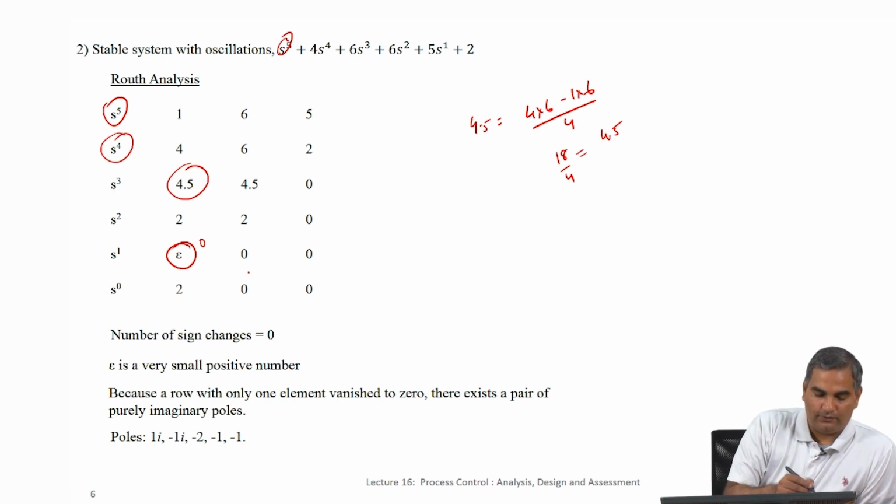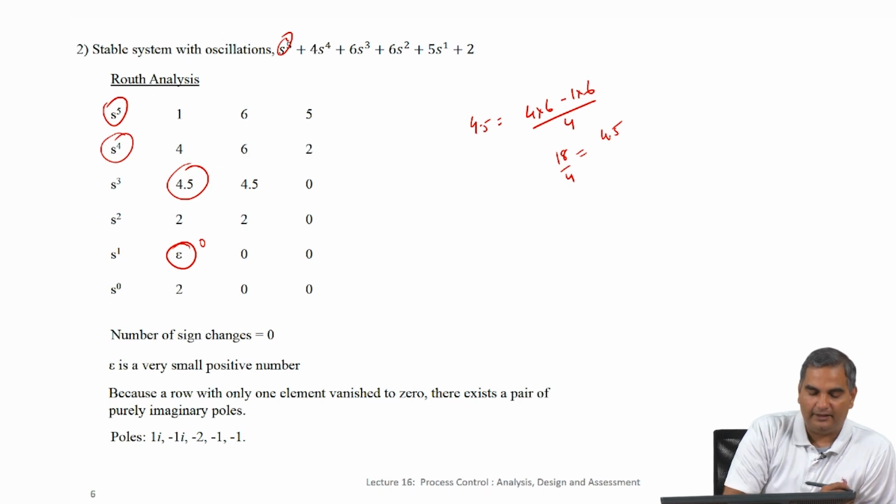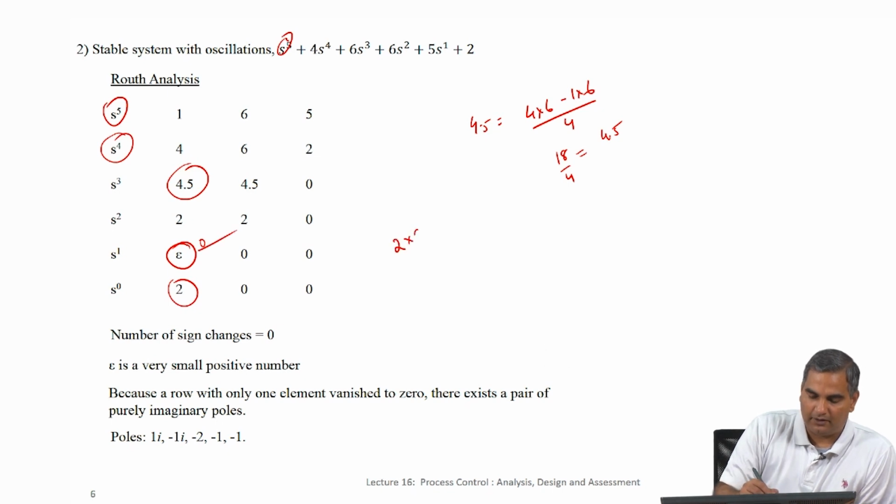So, what we are going to do is we are going to assume that this is not 0. The fact that it has become 0 tells us something, but at least as far as just saying purely on the right half plane, we can make this as epsilon, which is a very small positive number, and then we compute this number here. So, to compute this number, what happens then is you have 2 times epsilon minus 2 times 0 divided by epsilon, the same procedure that we have been using. So, this will give me 2.